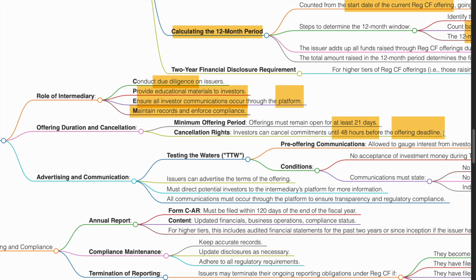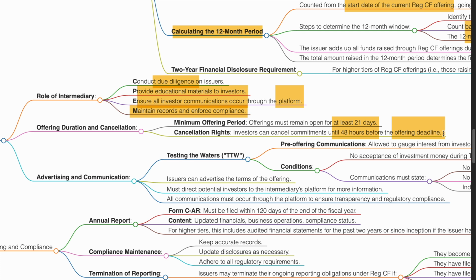As a startup, you can be on the platform, you can think that you're going to get a bunch of money from, say, 20, 50, 100 different investors. Maybe one or two of those are actually giving a pretty big chunk. That's probably how it's going to go. You're going to get, say, 95% maybe from 1 or 2% of the investors. Maybe not. Whatever, that's not the point. But the point is, even once they've committed, they have until 48 hours before the offering deadline to cancel, to fully rescind their initial commitment. It seems a bit weird, right? But when you think about it, it's because